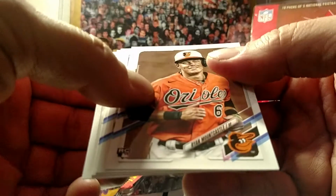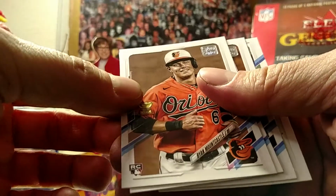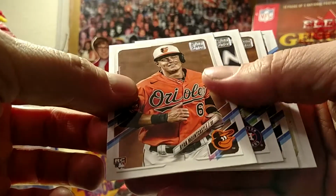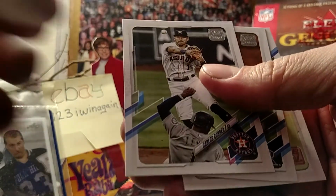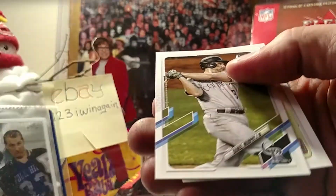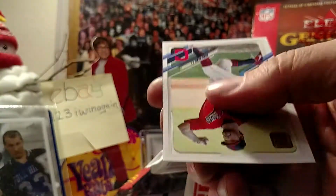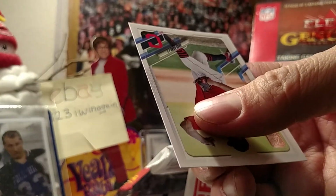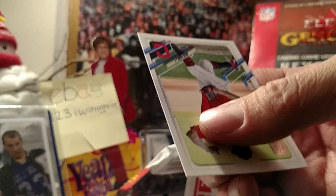Is this that one? Ryan Mountcastle. At the time, I think Jabs was saying that the base card goes for about 5 so far. Carlos Correa. Daniel Murphy. Boy, he's opened a lot of 2021, I think, so far. I think he's ripping into...